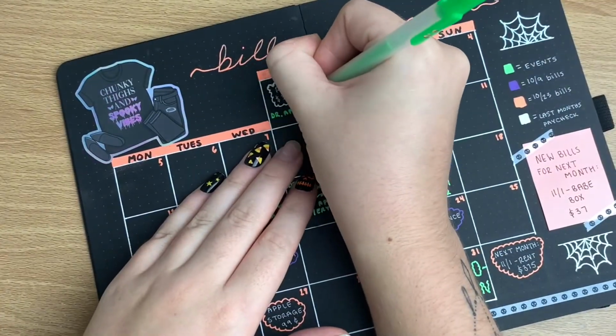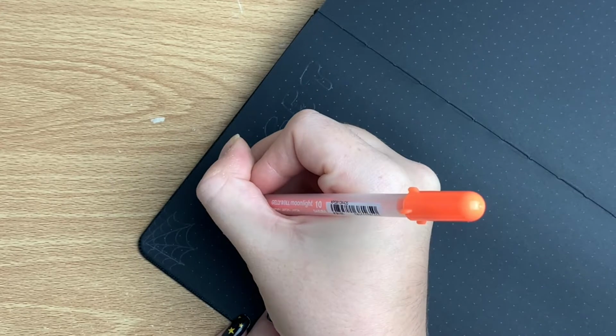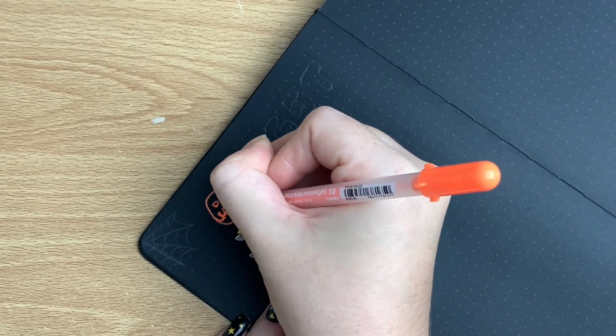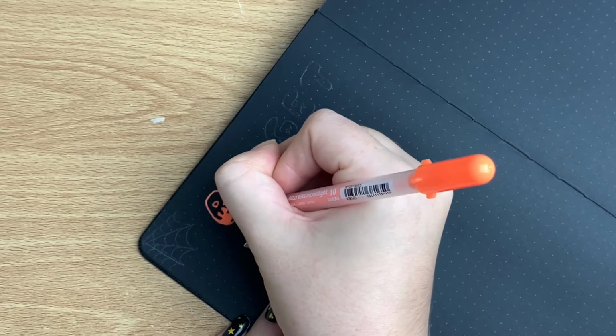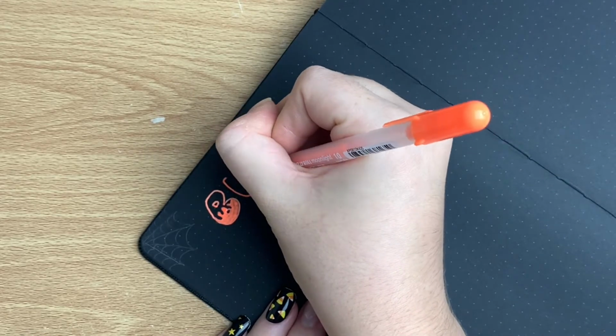So yeah, then starting on my actual budget spread, I'm making the bubble letters again with the slime effect, and I just really love how spooky it looks. Like, I don't know, I'm really loving this aesthetic I have going on here. And I just want to